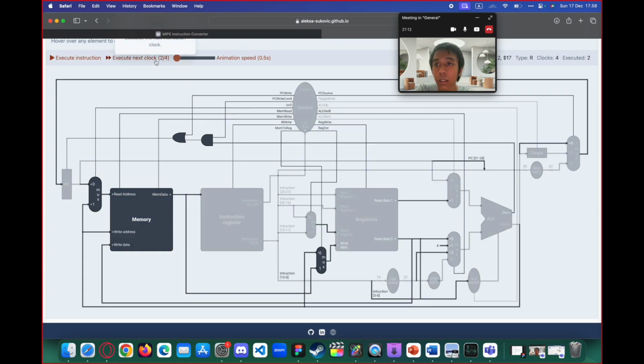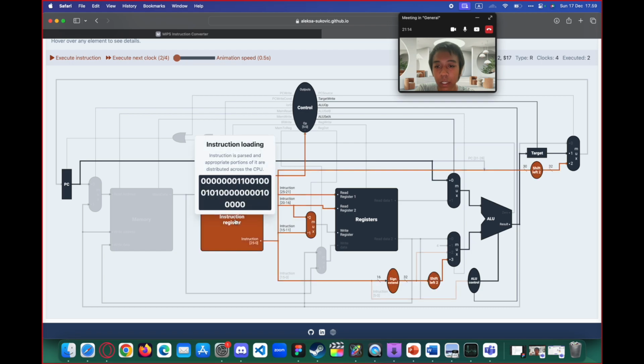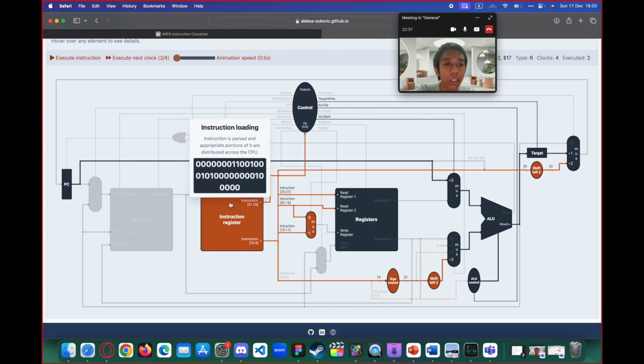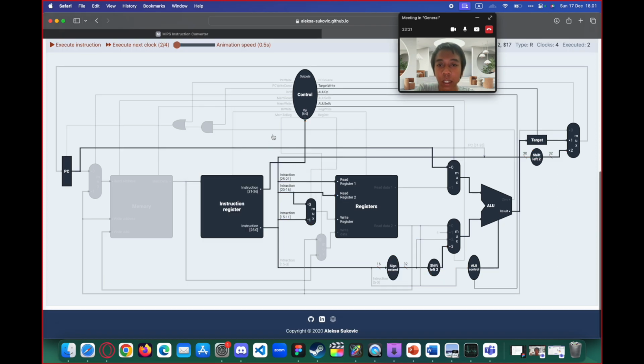In the next clock, in the instruction register, we will see the instruction is parsed and the appropriate portions of it are distributed across the CPU. So the CPU knows what to do with this instruction. The second clock basically means it is parsing the instruction all over the CPU.